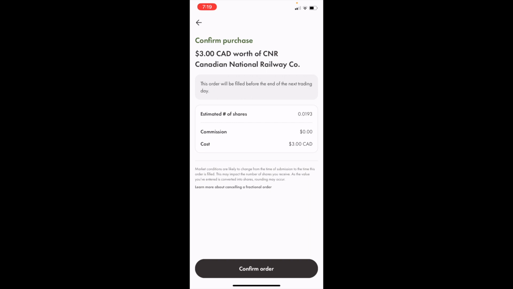And there you go. That is how to buy Canadian National Railway stock, ticker symbol CNR in Canada, here on